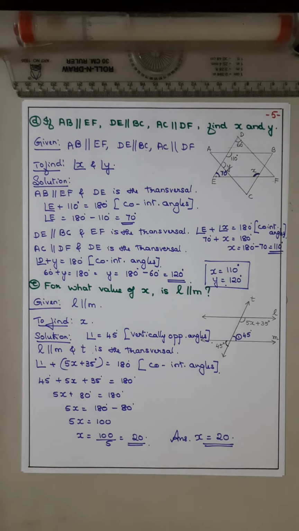So we have completed question number 1, sections A and B. Hope everyone understood. A little bit confusing, we know, but understand properly and think about all the angles: vertically opposite, the linear pair, the corresponding angles, alternate interior, alternate exterior, and the co-interior angles. And see which are the two parallel lines and which is the transversal to be taken. Some figures will be very confusing, so you have to understand and do. Okay then, bye, thank you, take care.